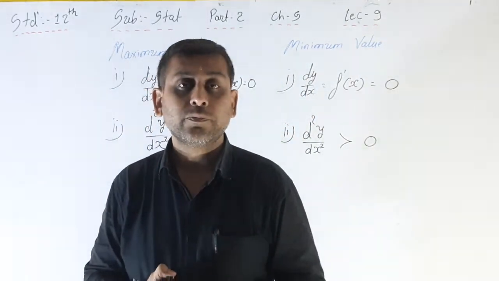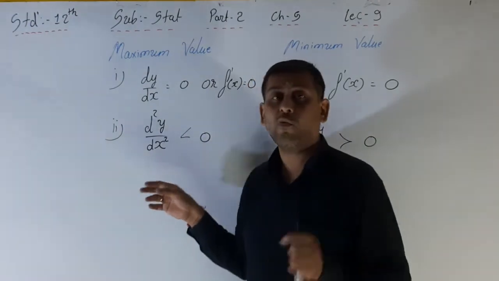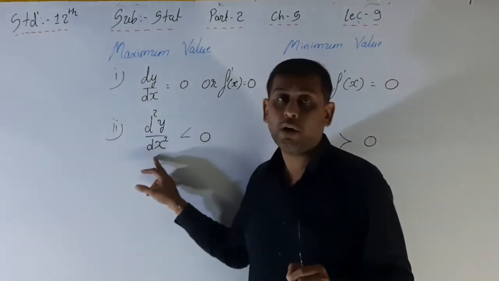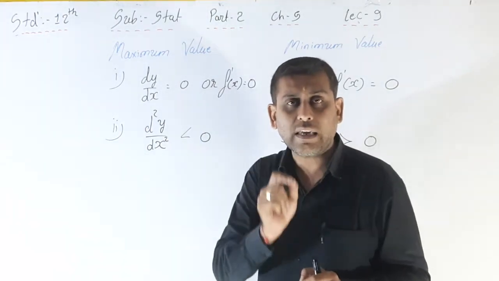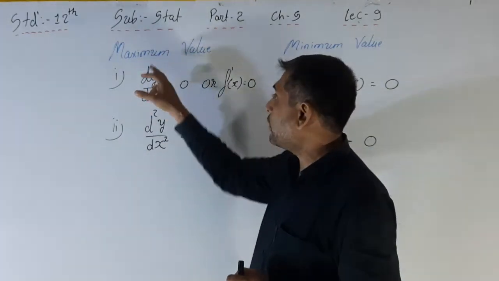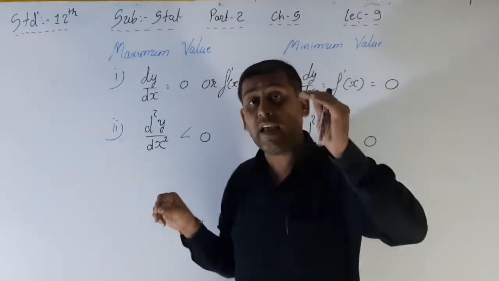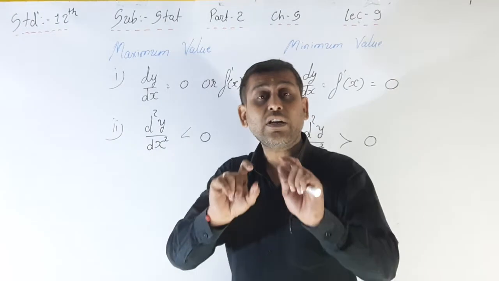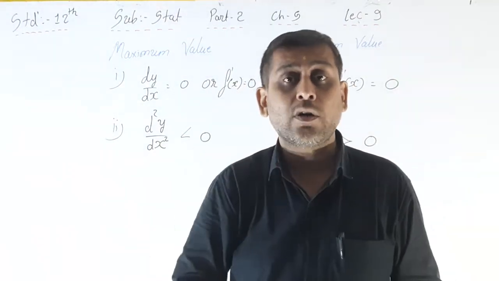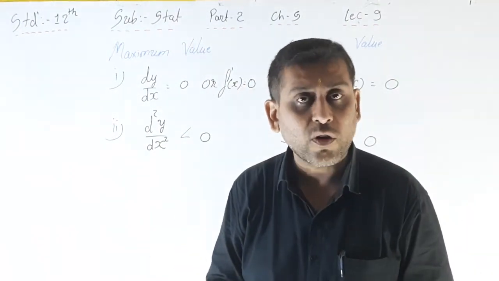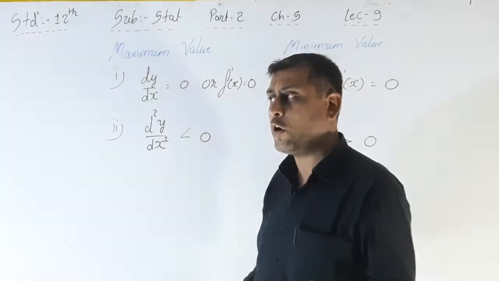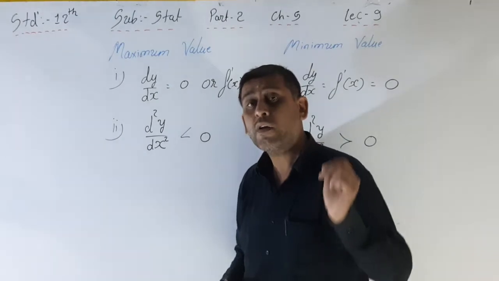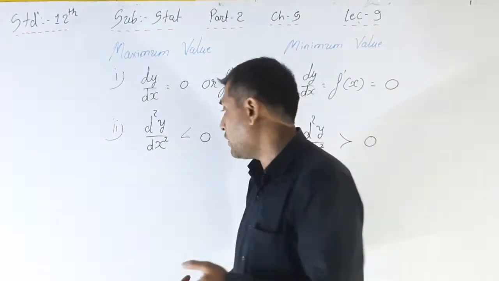What is that? Here the answer will be negative. See, less than 0 means what? Here if the answer is negative, then at that point, that means at x is equal to that value, the function is maximum. See, it is directly opposite from the increasing and decreasing function. What is the formula or what is the condition? See, in illustrations number 23 and 24, we see that if the answer, see here,